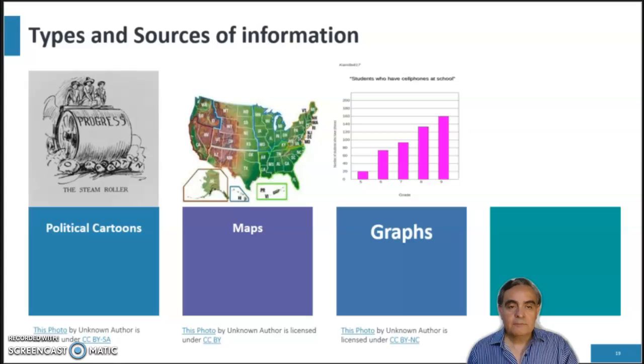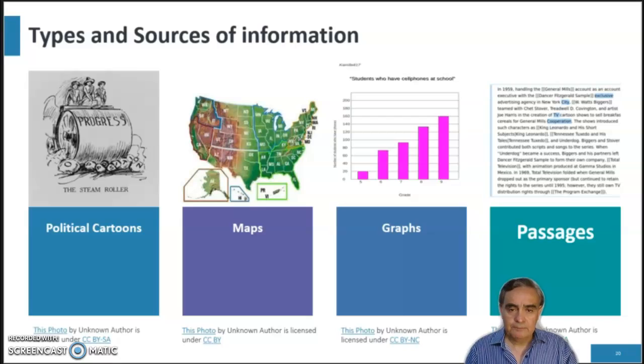Third is graphs. Graphs are also an important part of the test because, as you know, they can convey a lot of data in a way that is simple and easy to understand. At a glance, you can get a good idea of what the numbers are saying. Graphs can be in all sections of the test, not just in the economics. Again, you will be asked to understand the graph, answer questions, draw conclusions, make inferences based on that information. We'll go over the types of graphs in the next slide.